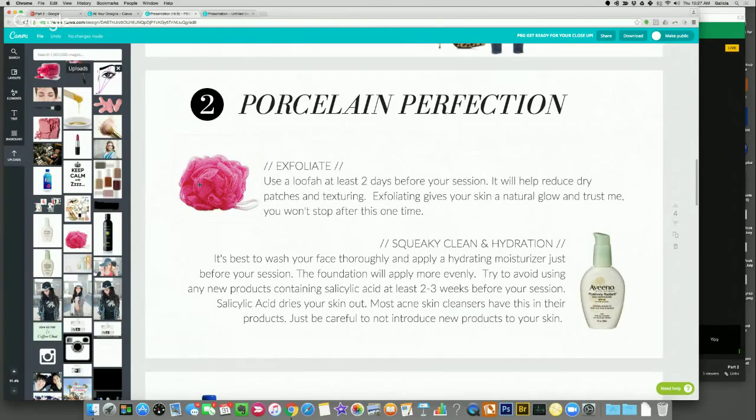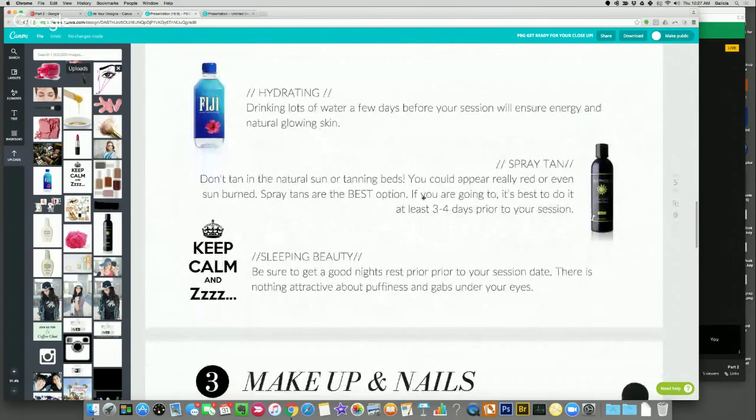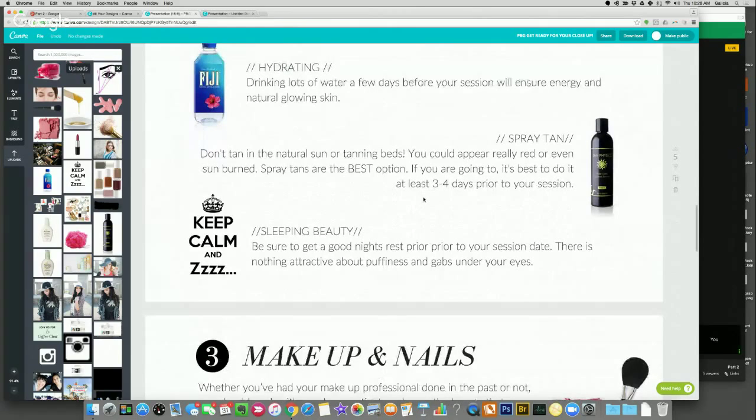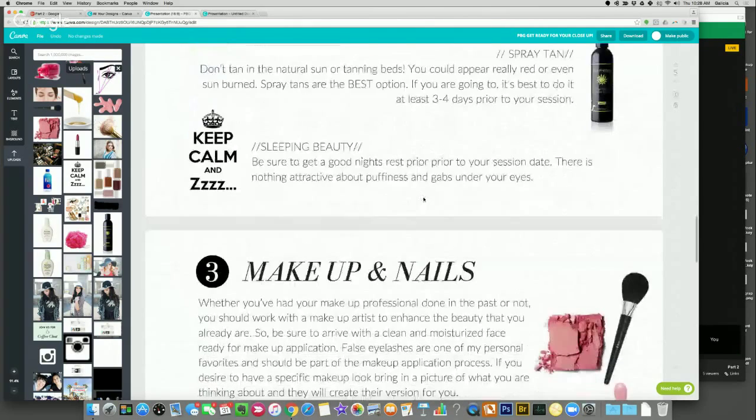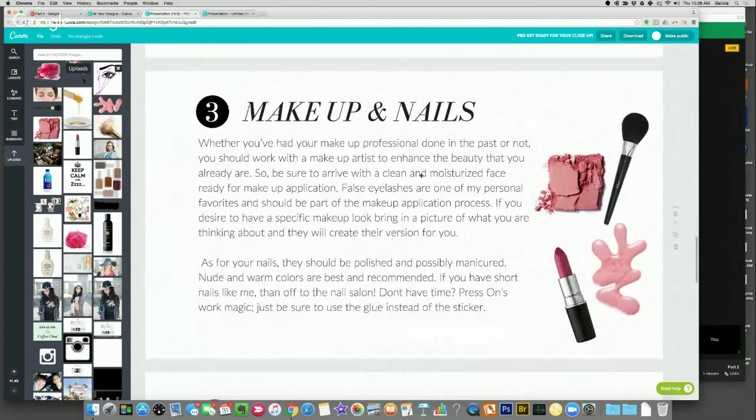Like this is an image that I Googled, I needed a loofah, and just uploaded the image here and then used it in here and talked about preparing their skin, getting ready as far as, should they get a spray tan? They should get some sleep. We know that makeup is important during their senior session. And so we talk about